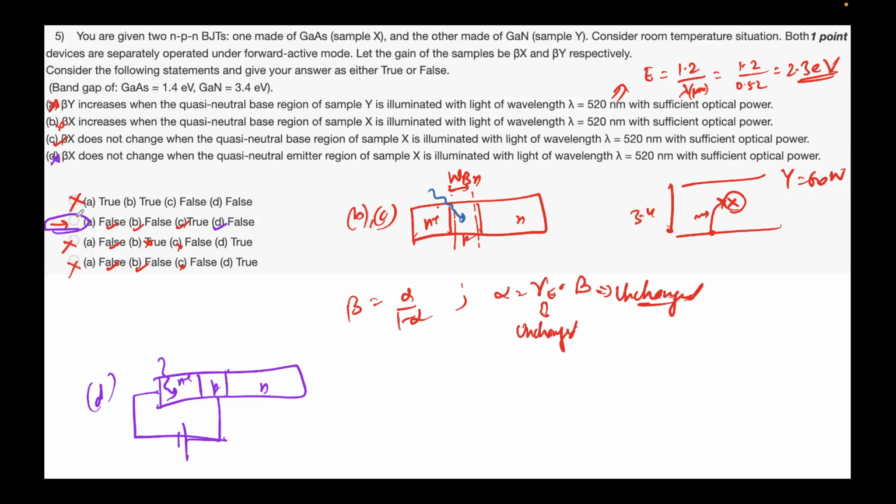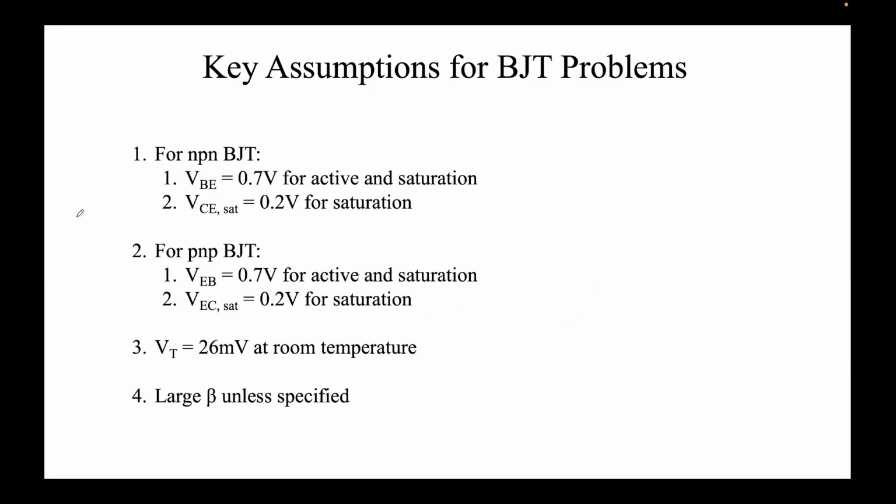This was a good problem because till now we have been talking about NP and BJTs with the effect of only voltage, but it doesn't matter where the carriers are coming from, through light or through voltage. So this is a good illustration of that. All right, so as I've been saying,